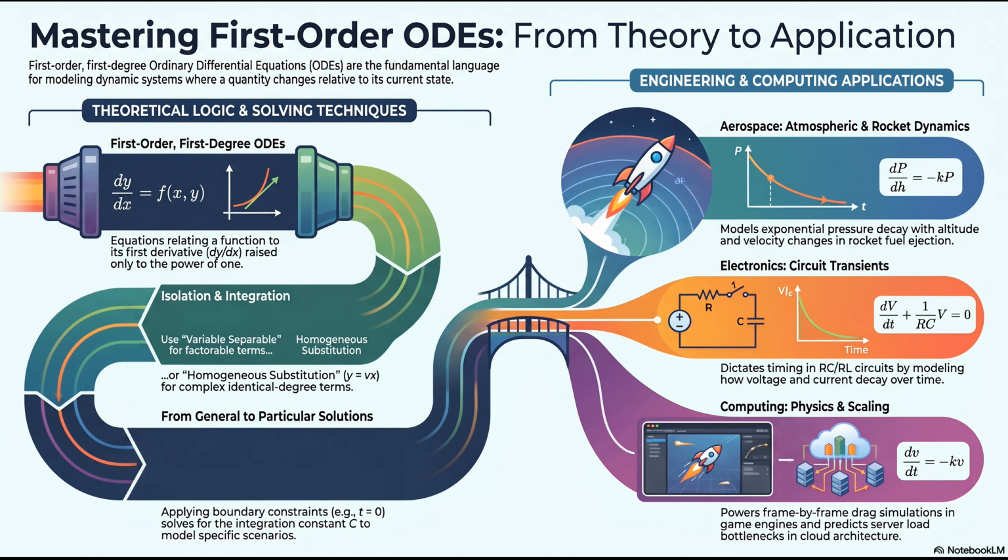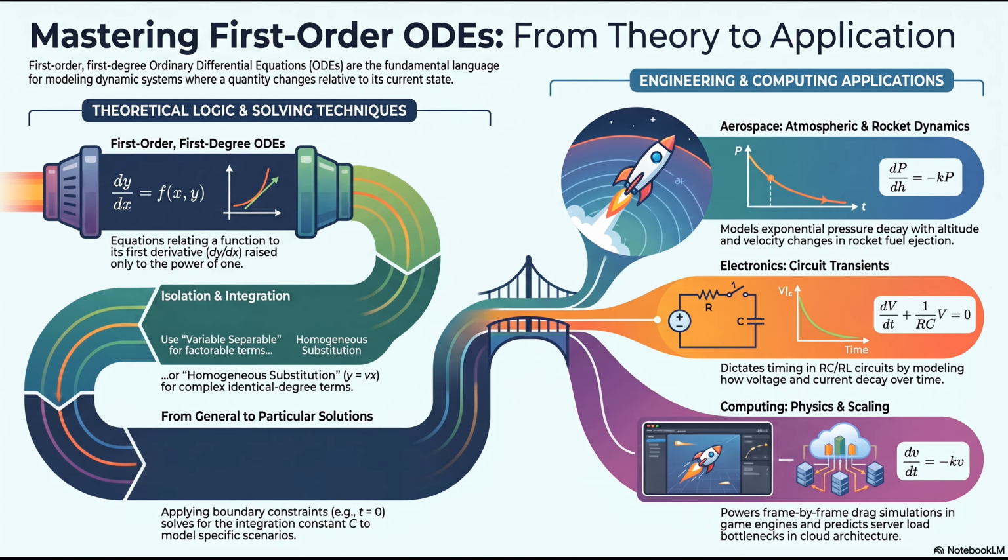Yeah. But there is a massive catch to all of this integration, isn't there? There's always a catch. When we do this, whether it's separated easily or through our cheat code, we don't actually get one single definitive answer. We get a general solution that includes an arbitrary constant. Right. Always represented by a capital C. Meaning, the math gives us a family of curves, infinite possibilities. Right, because integration tells you the general shape of the curve, but it doesn't tell you exactly where it sits on a physical graph. How do you find that out?